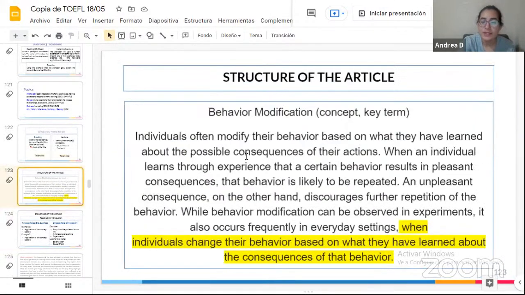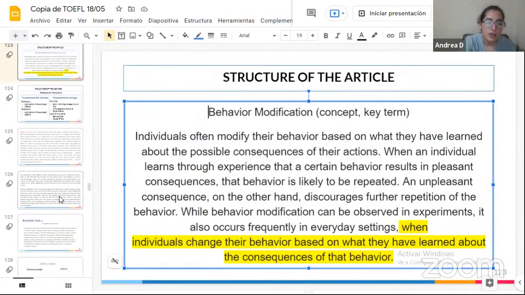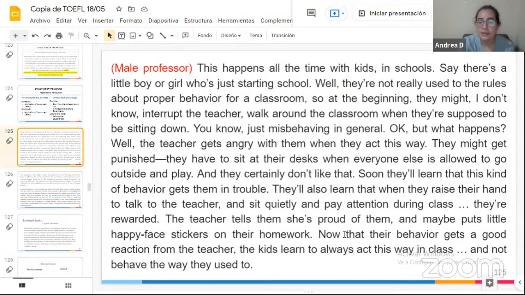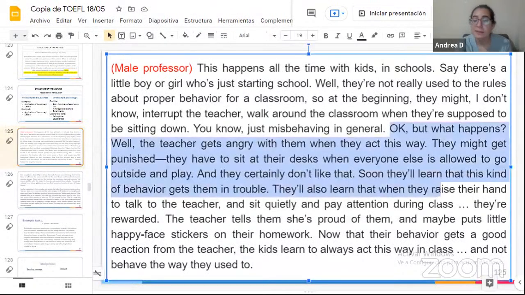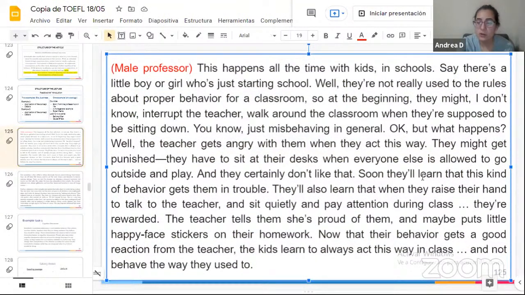Okay. Now this is a psychology one, right? It's about behavior, how we behave, or behavior modification. So we're gonna read the transcript for the lecture. We're not gonna listen to it because I wanna take a look at how it's structured, the language that they use, and mainly the content. So this time we're not gonna read out. So please, you read on your own this. I'll give you like 1 minute to read maybe, and then we'll talk about it. So please read this.